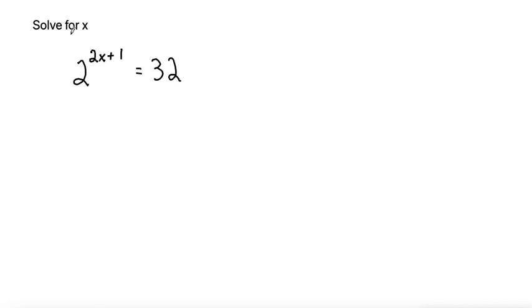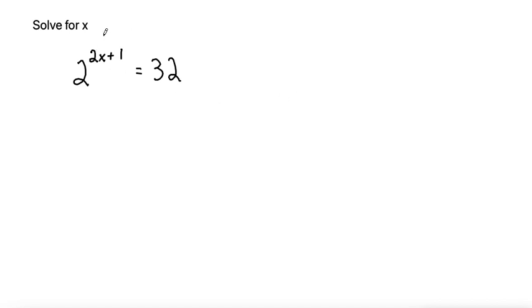So here we have a problem that we want to solve for x, and the equation that we want to solve for x has a variable in the exponent. So this is considered an exponential equation, and I'm going to show two different strategies on how to solve this